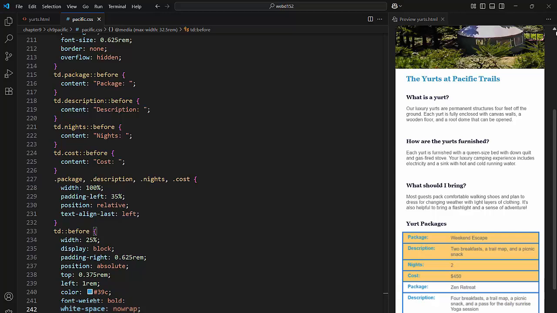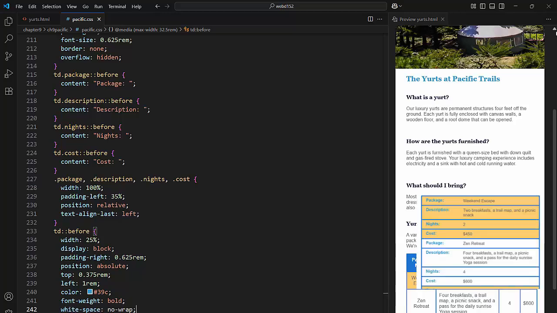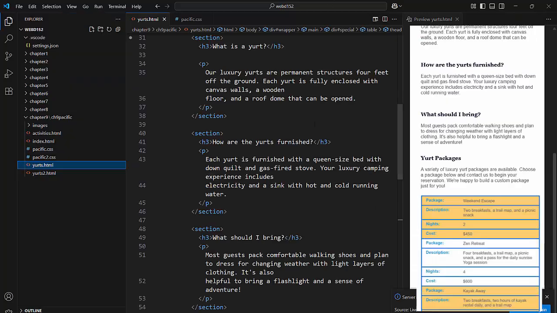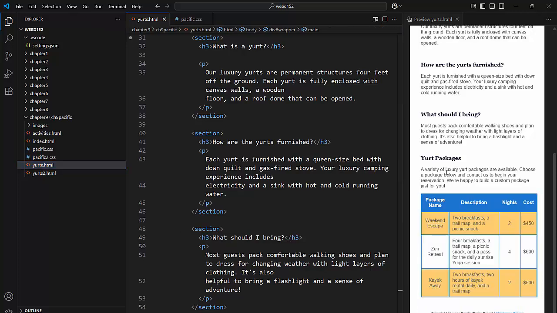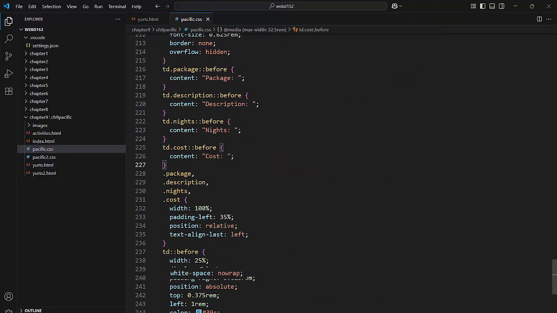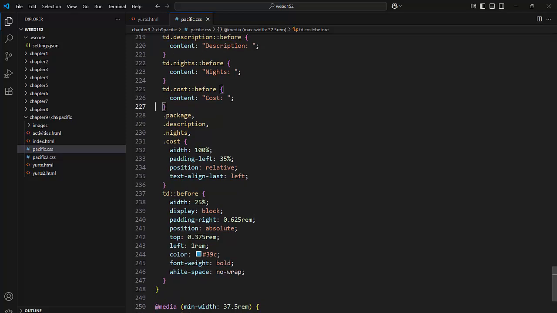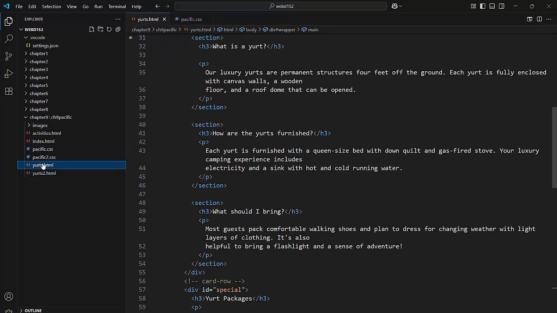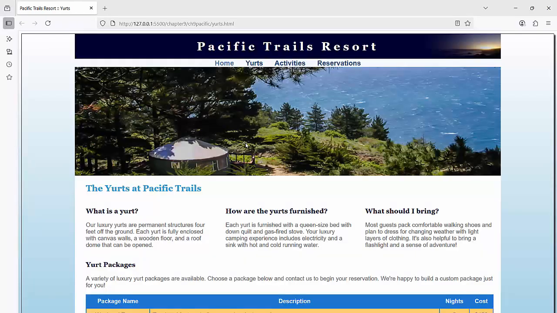Imagine a sticky label inside each table cell, colored blue and bold, floating to the top left with some padding, showing something like Package colon, and then on the right-hand side, Weekend Escape. And I'm going to save my styles. My preview window isn't working correctly, so I'm just going to close this. I'm going to make sure all of my styles are correct. I'll save my file, and then I'm going to open up my Yurts HTML in my live server to check this table as it appears on a